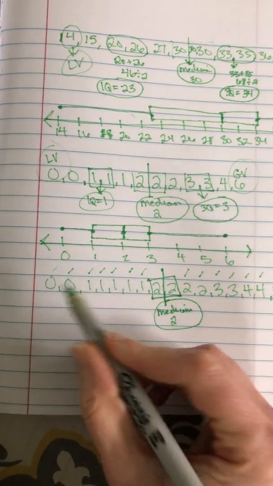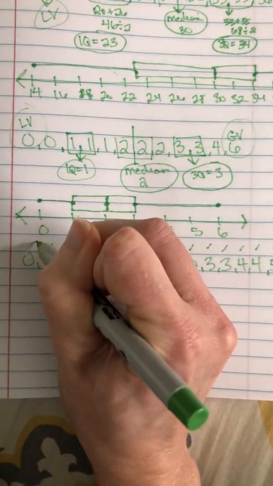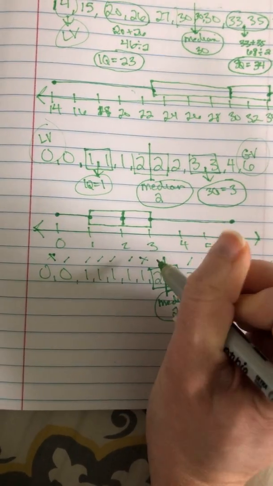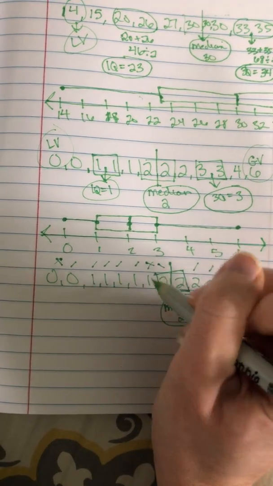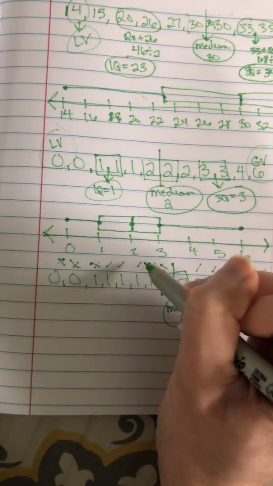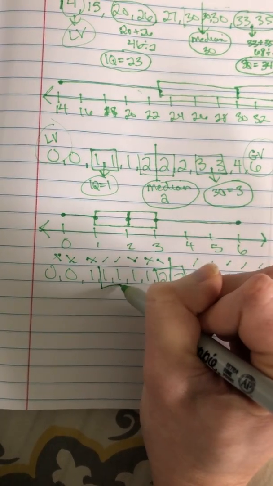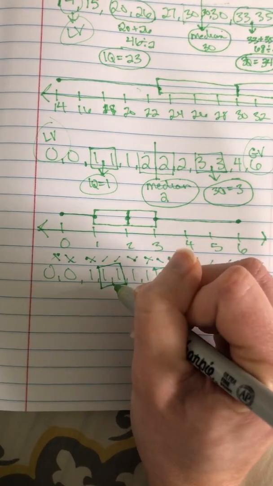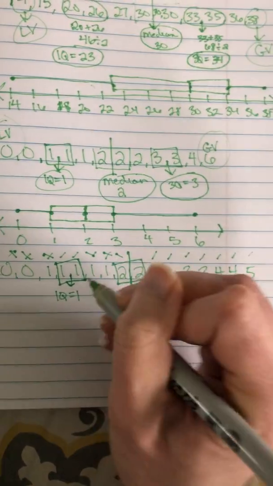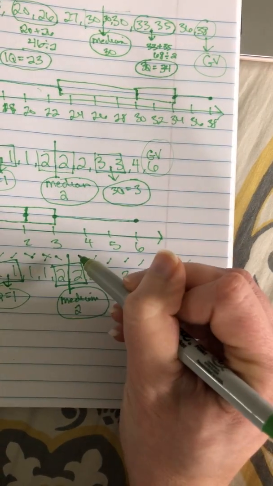Now I can find my first quartile and third quartile. If you want to keep imaginary crossing off, I would just make an X out of it. Oops, except you have to do this one first because you need that one. So this one, now that one's crossed off. This one, this one. So these two 1s are the ones in the middle. So that means my first quartile is 1. Circle that. Over here, if we cross off,